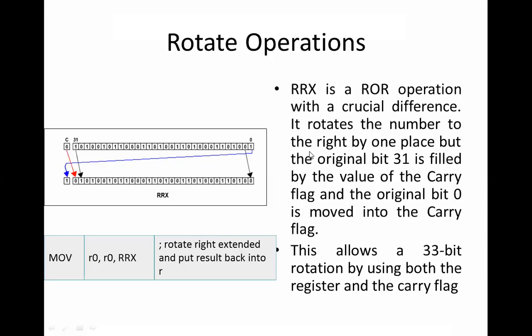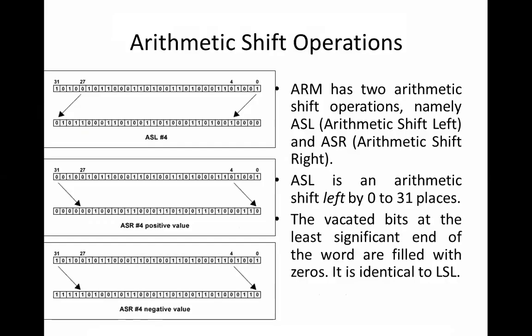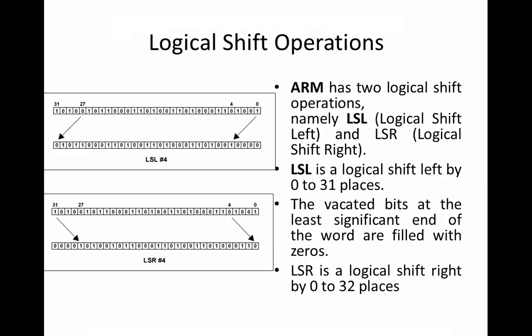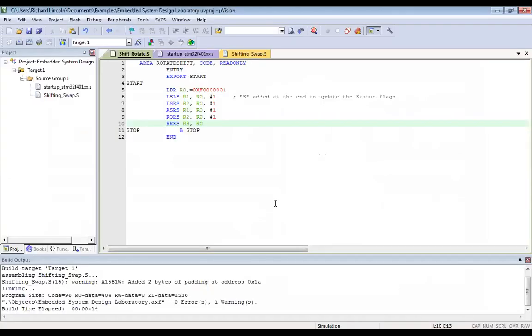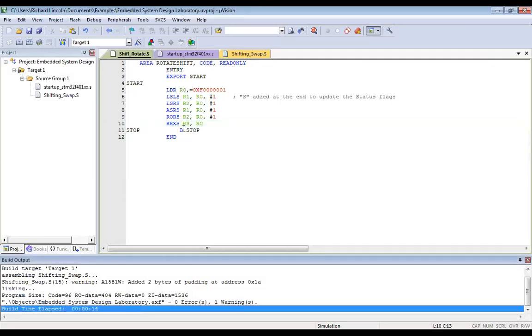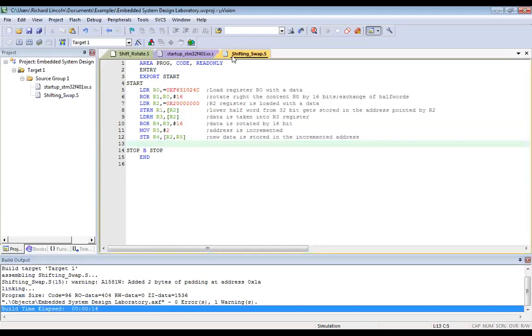Any doubts with these concepts discussed? Rotate, extended rotate, arithmetic shift, logical shift. Is it all clear? Okay, fine then. In that case, we will move into the execution part. As I mentioned previously, I want you to manually look into this program for the calculation. I will not be doing a manual calculation here, as we have learned the concepts in detail. So first we will do this